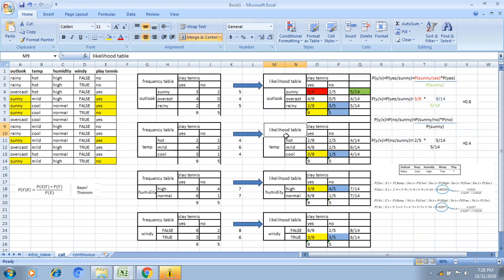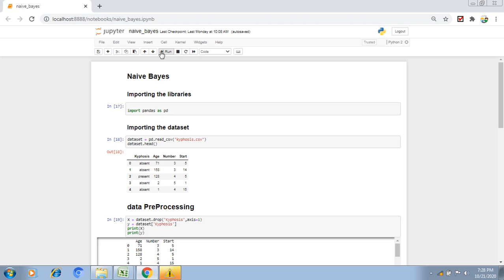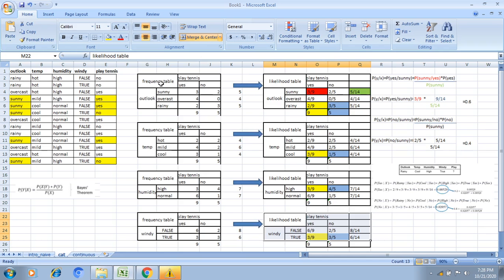Okay, in a similar way we need to calculate temperature versus play tennis, humidity versus play tennis, and windy versus play tennis. Okay, I got the likelihood table and also the frequency table. Why are we calculating this? In our Naive Bayes backend process, it is calculated in a similar way: the frequency table, then from it the likelihood table, and from the likelihood table we can calculate our Bayes theorem easily. Right now we'll calculate the Bayes theorem for the